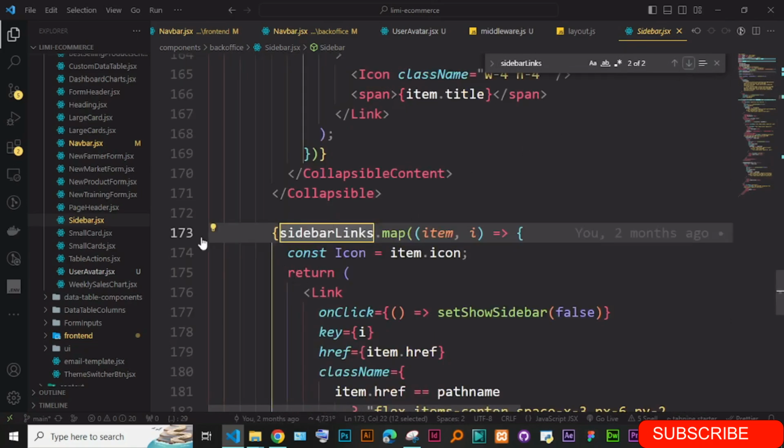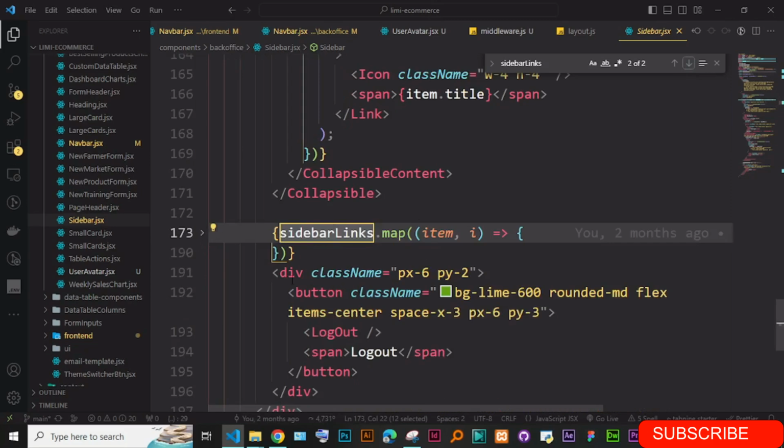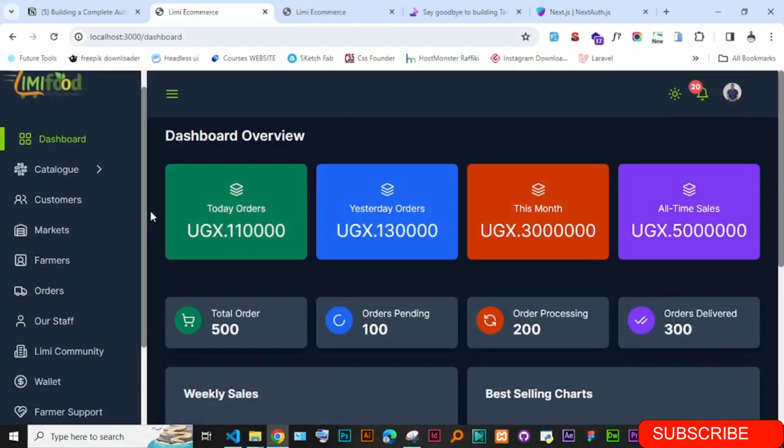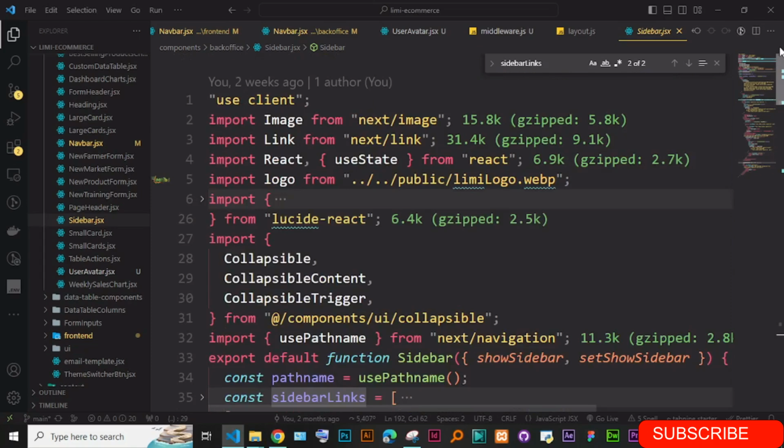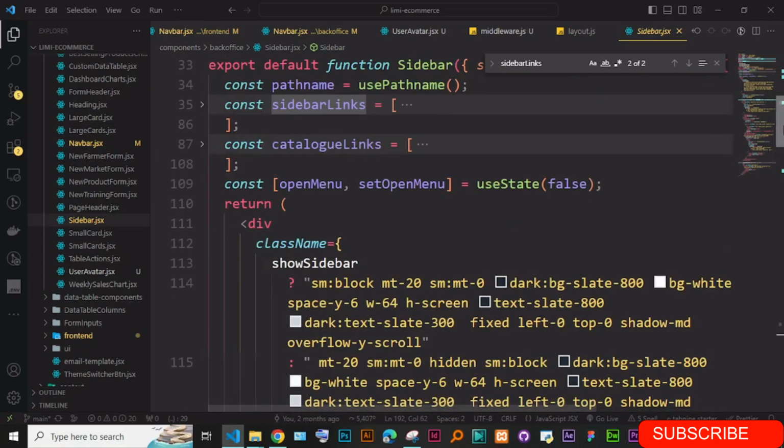Okay, so they are just here, all these ones. So you have all these sidebar links, all these other ones down, and then you have also the catalog links. So I'm not sure which one is going to be easy. I think the easy one would be getting the user, first of all, making sure we get the user within here, and then we get the role. Then from the role we can control many things. So for instance,